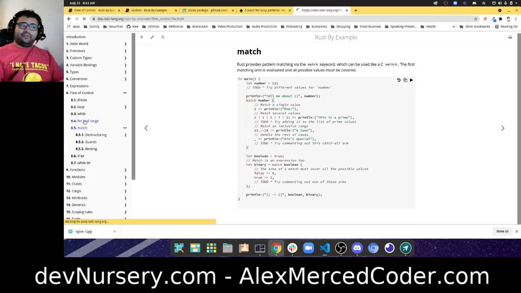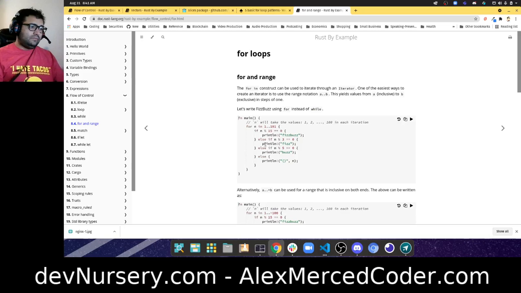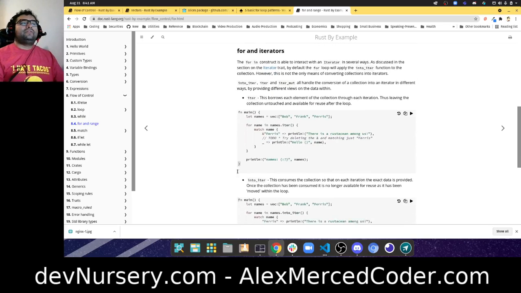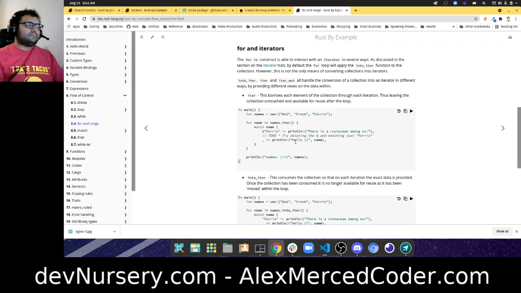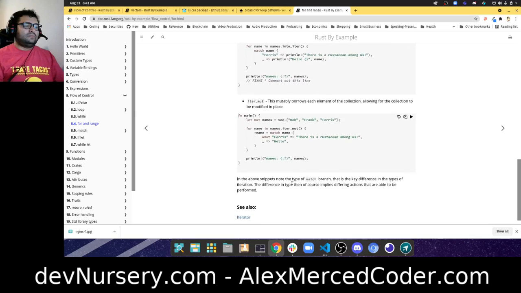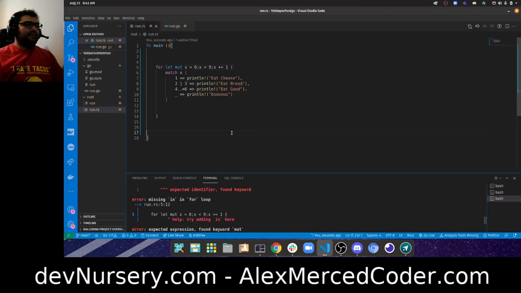Loop, for in range. So for n, okay, so that's n in a range. For iterators, into iter. Got it. Okay, so no, they don't. This is more like Python, where you have the while loop, but you don't have the traditional for loop. So what I can do, if I did really just want to loop from